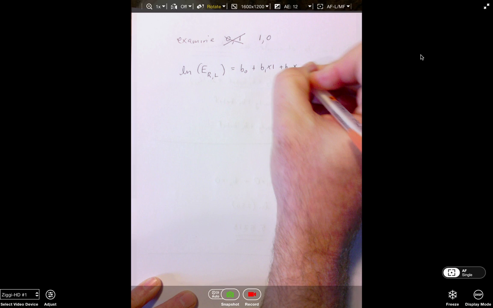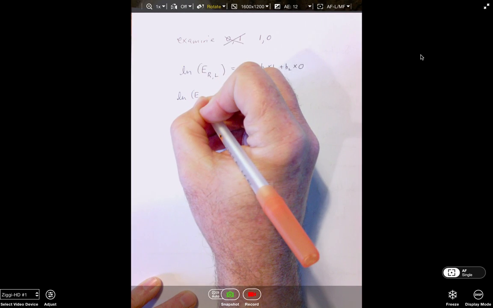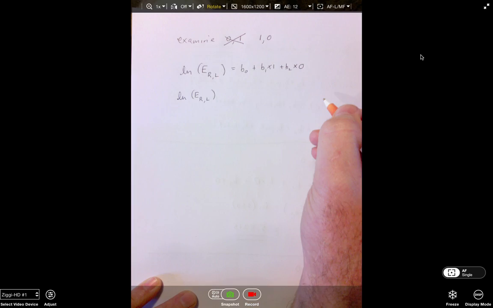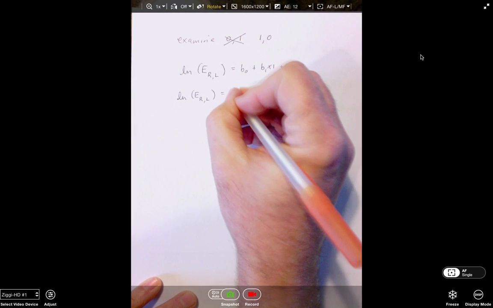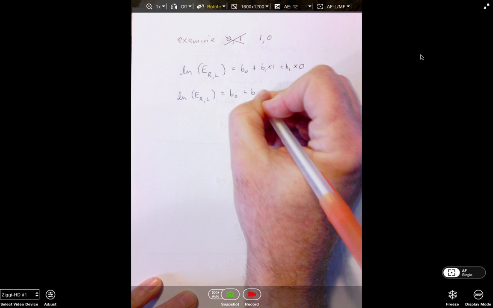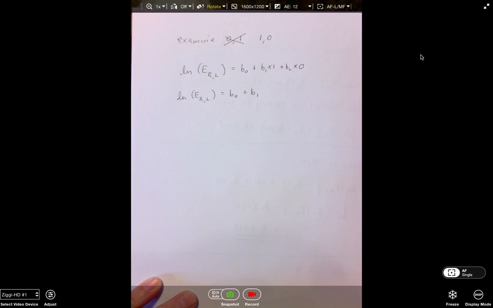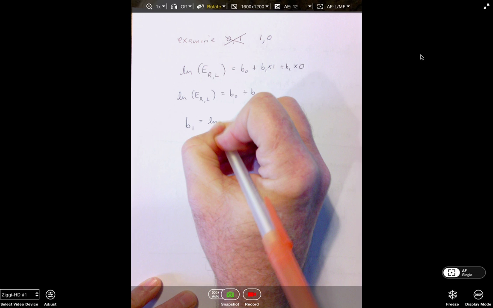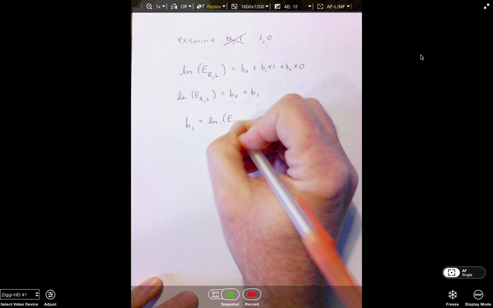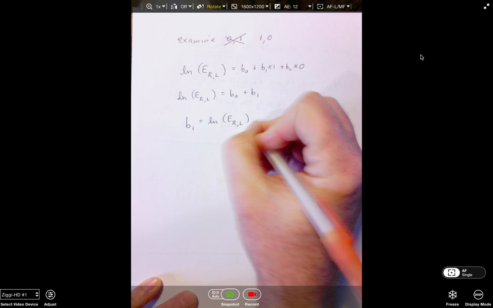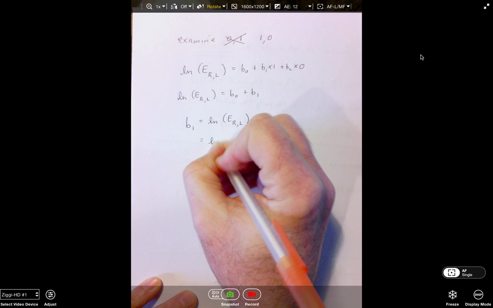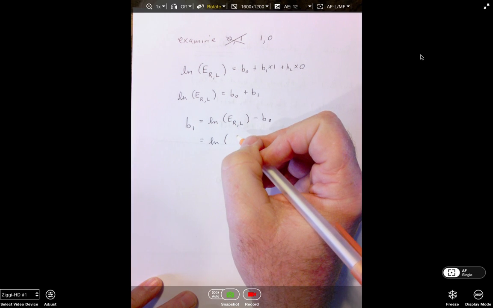So at the end of the day, the natural log of the expected value for a Republican being pro-life is equal to B0 plus B1. So B1 is going to be equal to the natural log of the expected value of a Republican being pro-life minus B0. So we have the natural log of the expected of Republican being pro-life is what,